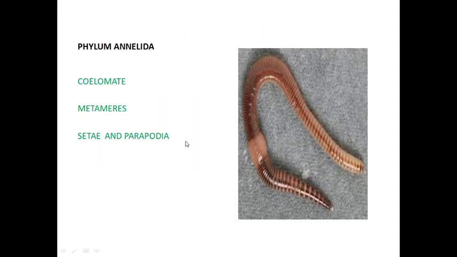The first one is phylum Annelida. Annelida means earthworm is the best example for the annelids. I hope most of the students have seen the earthworm in the soil. It is called the farmer's friend because it increases the fertility of the soil. How? It digests the soil and makes it into humus, a soft material. So it is called the farmer's friend, and it is segmented,